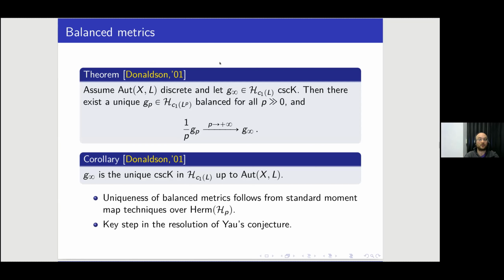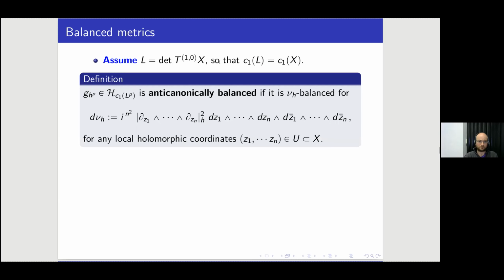So this was constant scalar curvature, but I spent some time to tell you about the Kähler-Einstein case. There is another definition of balance, also introduced by Donaldson later on, so-called anticanonically balanced, because this is called the anticanonical line bundle, if it is balanced for this metric, right? So in holomorphic coordinates, simply take the flat matrix of these holomorphic coordinates and then use the positive Hermitian metric on the determinant to evaluate